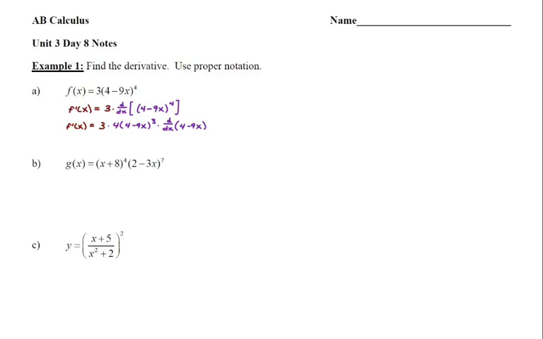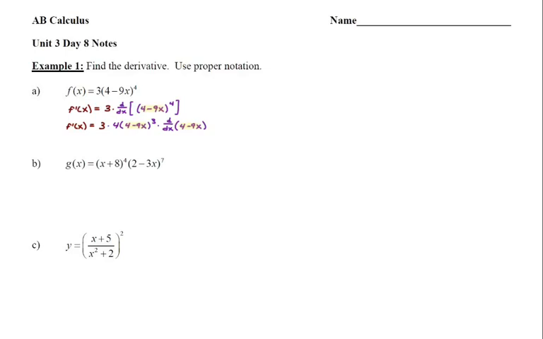And again, if you remember the pattern or the setup of the chain rule, it's really used to take the derivative of a composition of functions. In this case, 4 minus 9x is a function of x, all being raised to the fourth. So to take the derivative, it would be like using the power rule here, so 4 times that quantity to the third, leaving that quantity untouched, so 4 minus 9x stays 4 minus 9x in the first part, and then I'll take the derivative of that interior piece. That's what the chain rule is, essentially. It's the derivative of the outside with the inside untouched times the derivative of the inside,